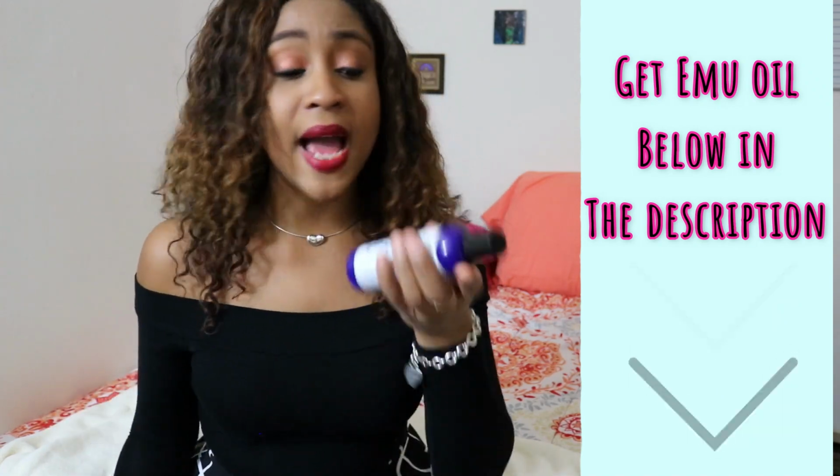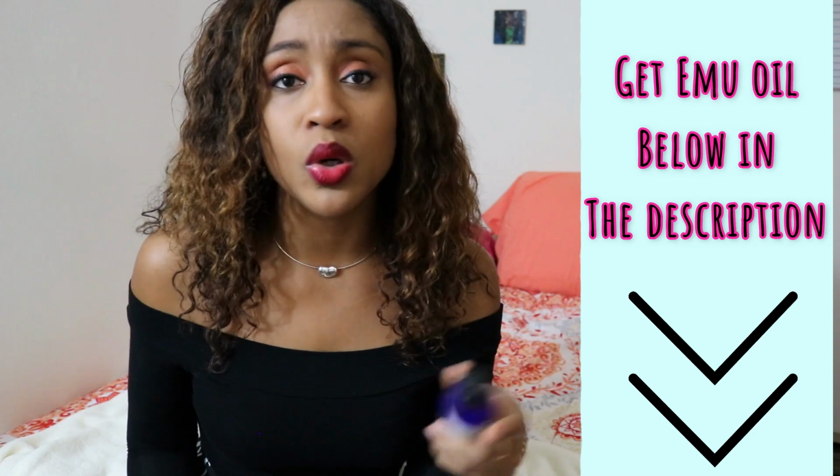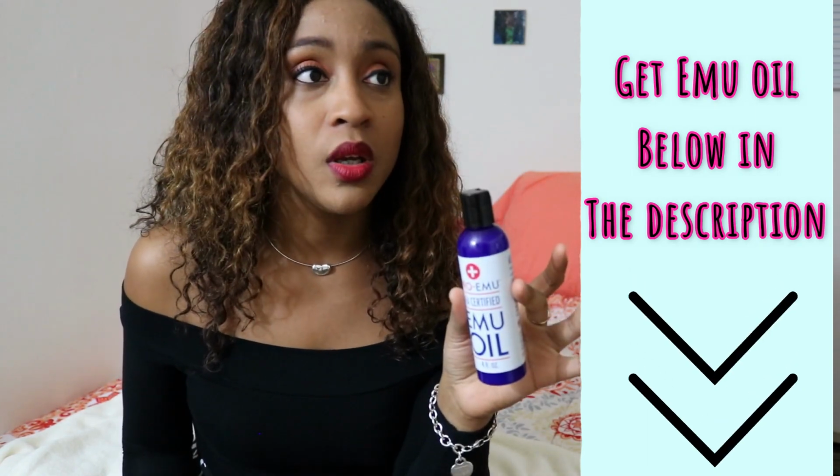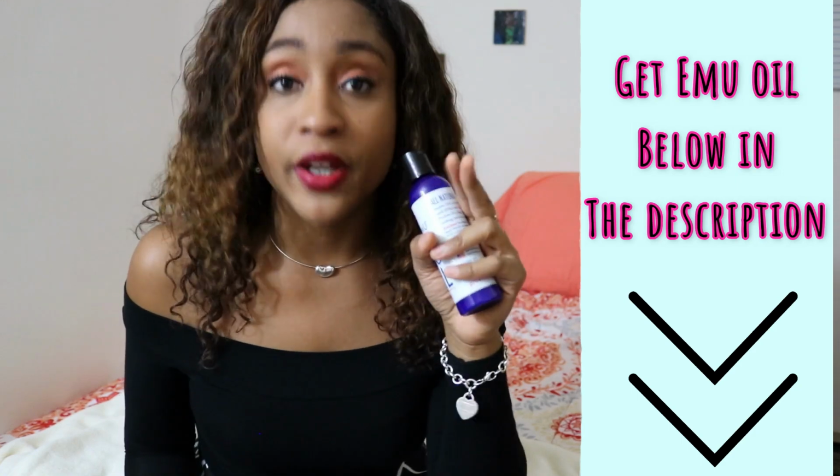So what I would do is, instead of using jojoba oil or coconut oil or castor oil, I would use emu oil as the carrier oil, right? So the oil that would dilute the essential oil that could irritate your scalp if you use it directly. Okay, so what I would do is I would take a dropper, or I would just open up